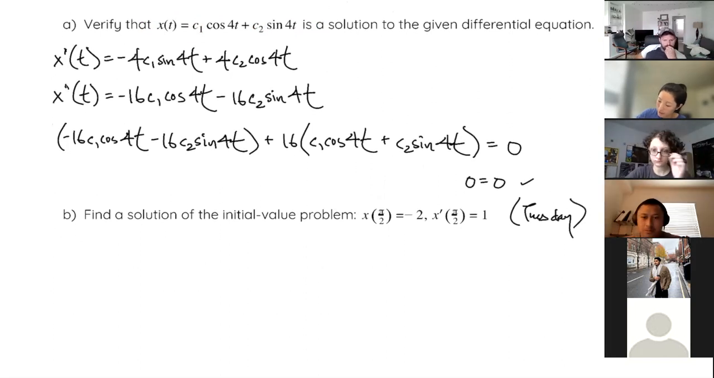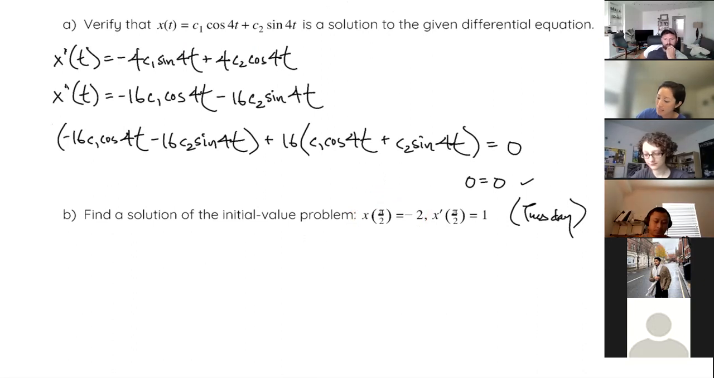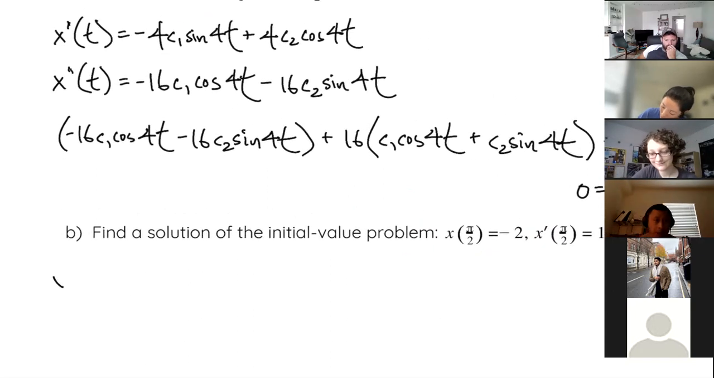So let's take a look. We've got one initial condition, x of pi over 2 equals -2. And we've got a second initial condition, x prime of pi over 2 equals 1. And so first, let's begin by substituting x of pi over 2 equals -2 into this particular solution. So when we do that, we'll get x of pi over 2